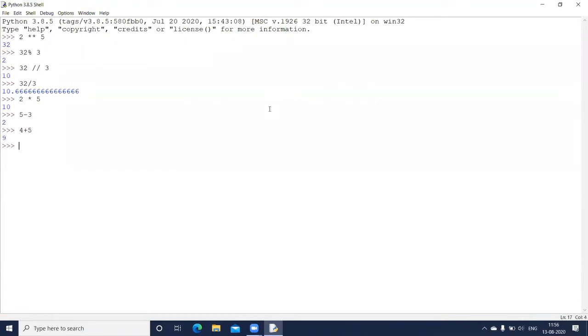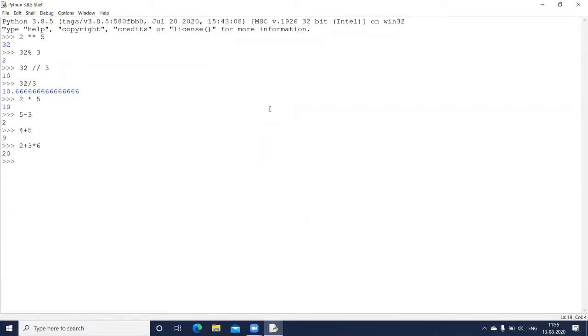Now, in mathematics, you know that we can also make use of brackets if I want to write any expressions. So there is some order of precedence, or you can say priorities, given to different operators depending on how you have given the expression. For example, if I write 2 plus 3 multiplied by 6, what is going to happen? Multiplication is going to get executed first, and then 2 will be added. So this is going to give me 20. 3 sixes are 18 plus 2, that is your answer, 20.